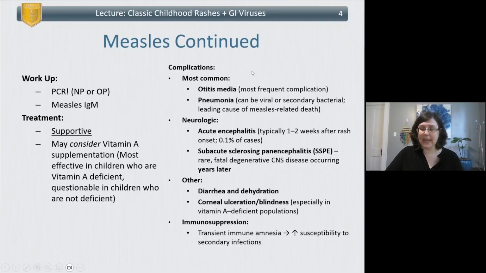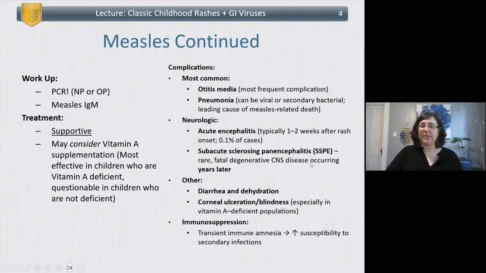So what are some complications? Otitis media is by far the most frequent complication following measles. Pneumonia, this can be a viral pneumonia from measles, or it can be a secondary bacterial pneumonia. And this is the leading cause of death in children who have measles. Neurologic complications include this acute encephalitis, which occurs concurrently with the measles infection, usually 1 to 2 weeks after rash onset. And then this very rare, but absolutely present,